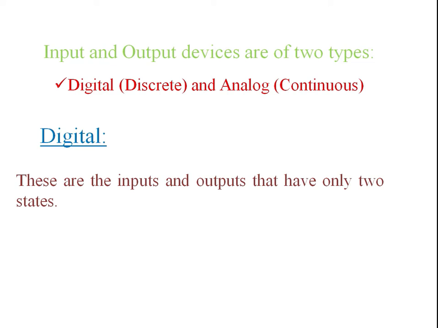There are different applications when you are taking input, so it will change 0 and 1. That's why I'm not saying that 0 is a disable condition and 1 is an enable condition. No, not like that. In input it will change according to our application, but in output 0 is nothing but off condition, 1 is nothing but on condition. Remember this one. So digital has only two states, 0 and 1, on or off. You are going to turn the appliances on or off.